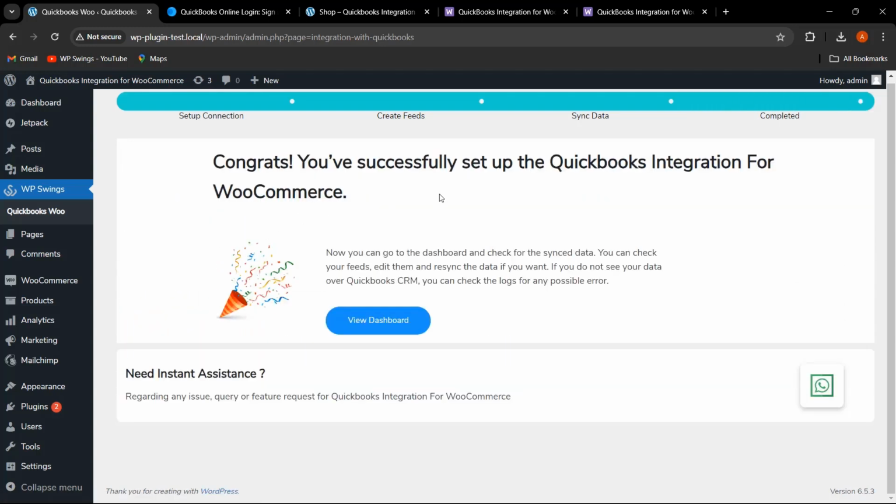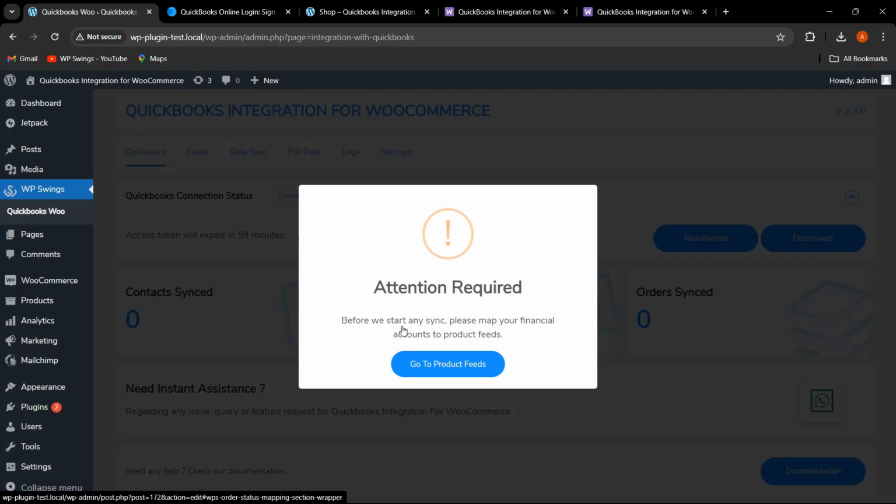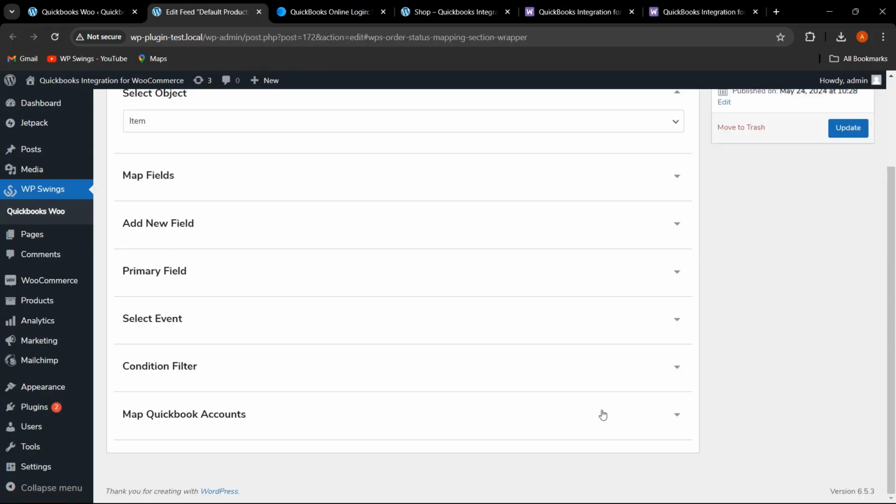So we have successfully set up the QuickBooks integration for WooCommerce. Now let us click on view dashboard. As you can see, the disclaimer has come: before we start anything, please map your financial accounts to product feeds. This is mandatory before you set up. So firstly you need to go to product feeds, and here when you hover on this,